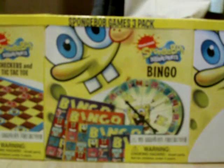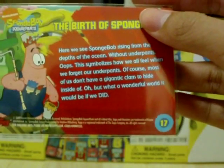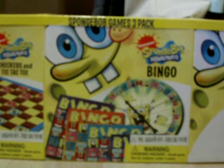I didn't know this was a clam. I mean, how can you even hide in this thing? It's impossible. Crouch down, you're not gonna hide too much anyway. To hide inside of. Oh, but what a wonderful world it would be if we did. Yeah, okay. 17. Now, next, another one of my favorites from this set is none other than